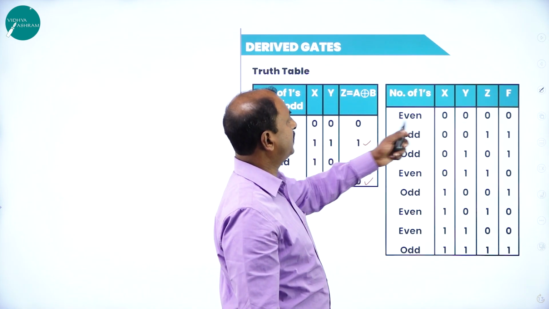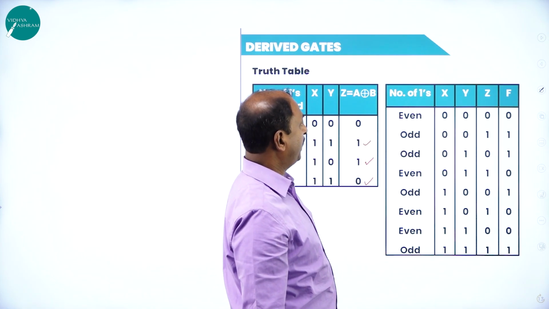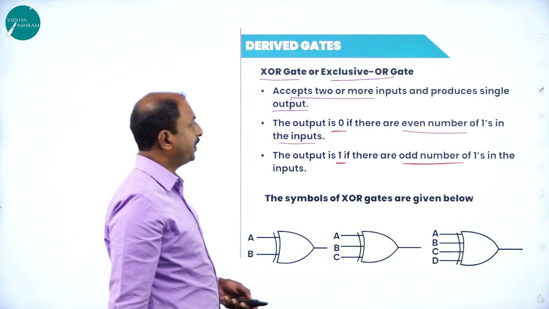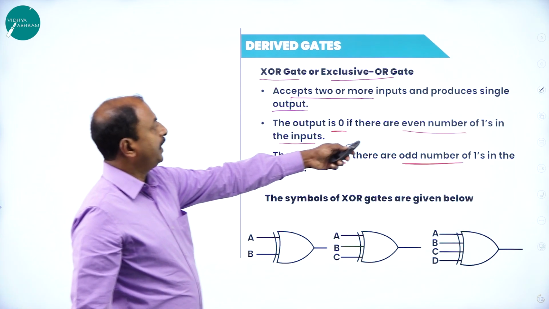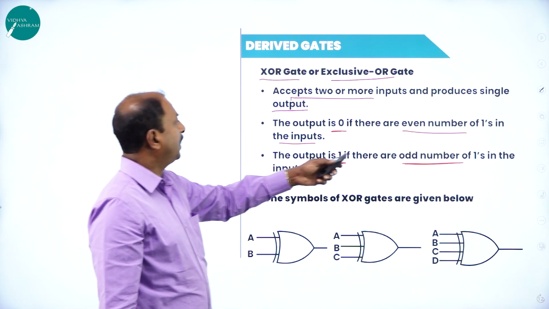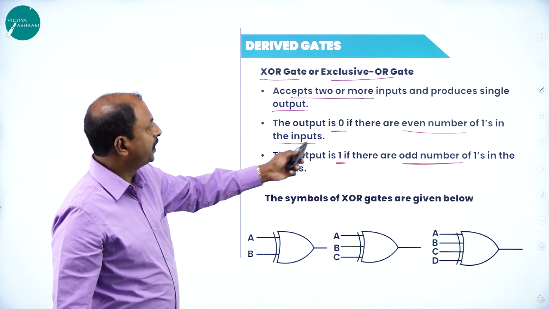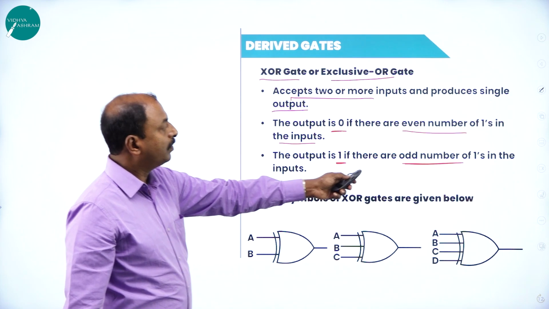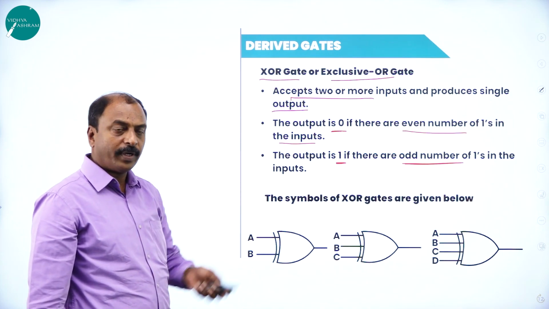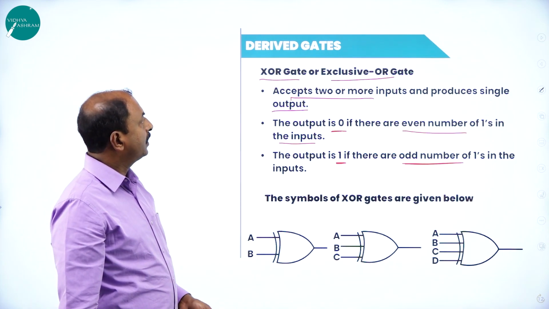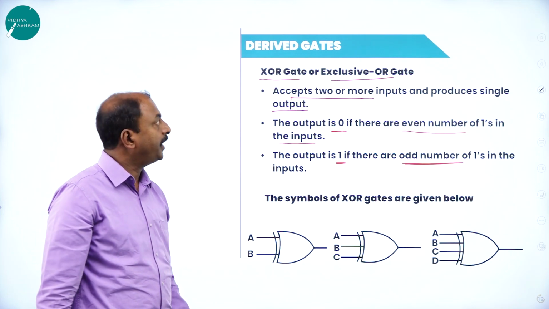And again, this is the result for 3 input variables. Here the definition is, if there is an even number of ones, then the output is 0, and with an odd number of ones, the output is 1. That is the definition. This is exclusive OR gate. Next one is